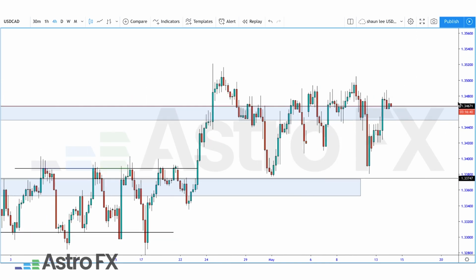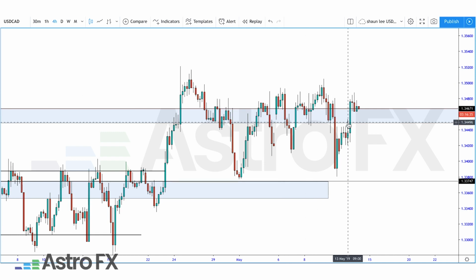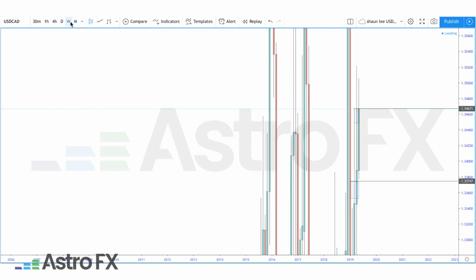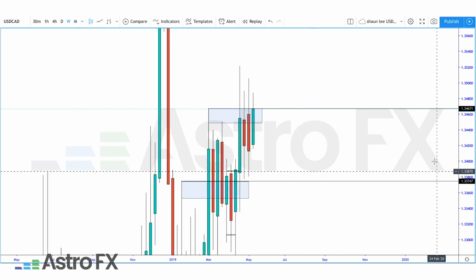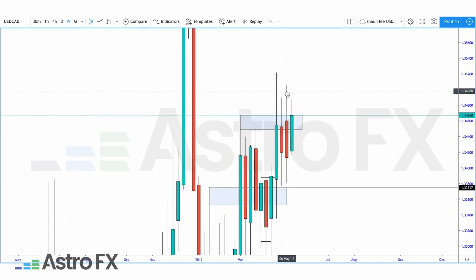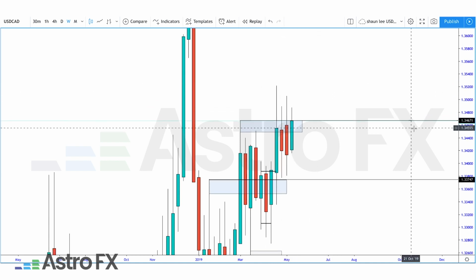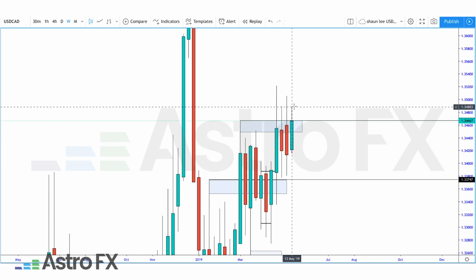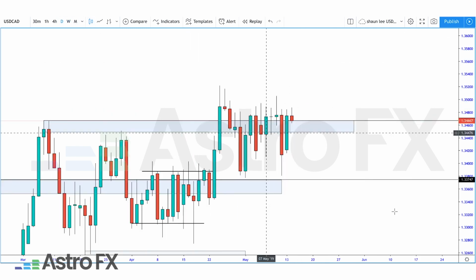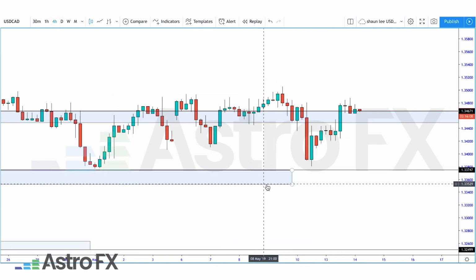What I can see here on the 4-hourly though is we do keep stalling around these levels, but we are above the zone. We are breathing above the zone right now. Given the potential monthly increase in price and also the weekly here, what needs to happen is the week needs to push up and close more or less 80% of the candles, 1 and 2, right there. And what we can then suggest is that the market is going to push a lot higher. I do believe USDCAD could be in for further upside over here.